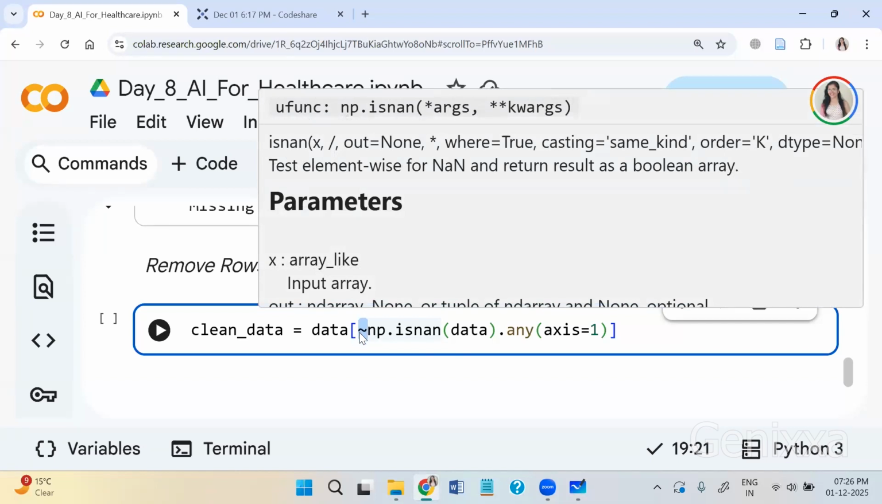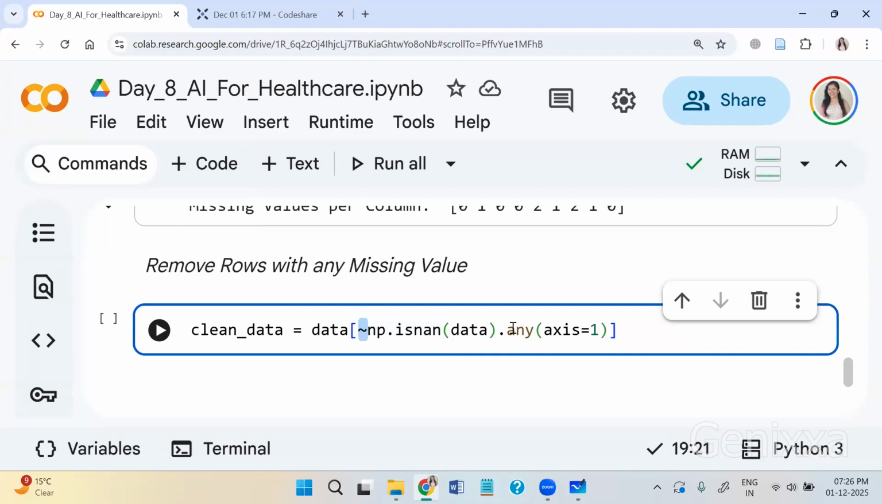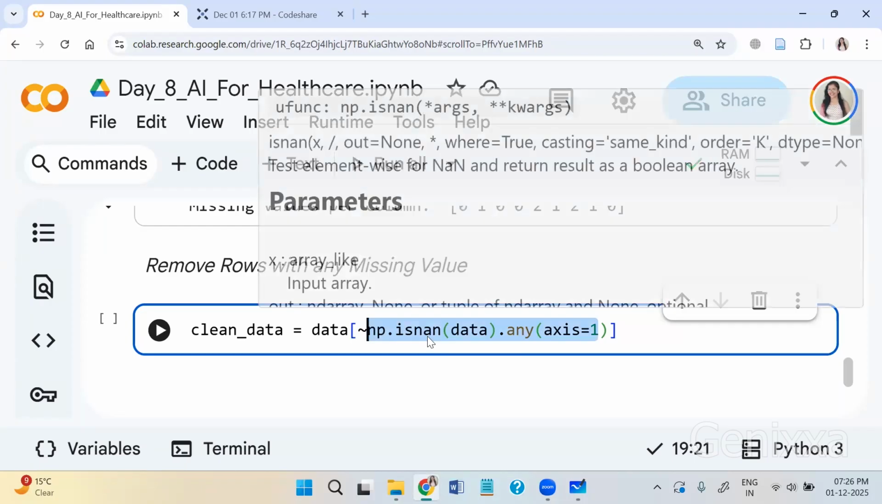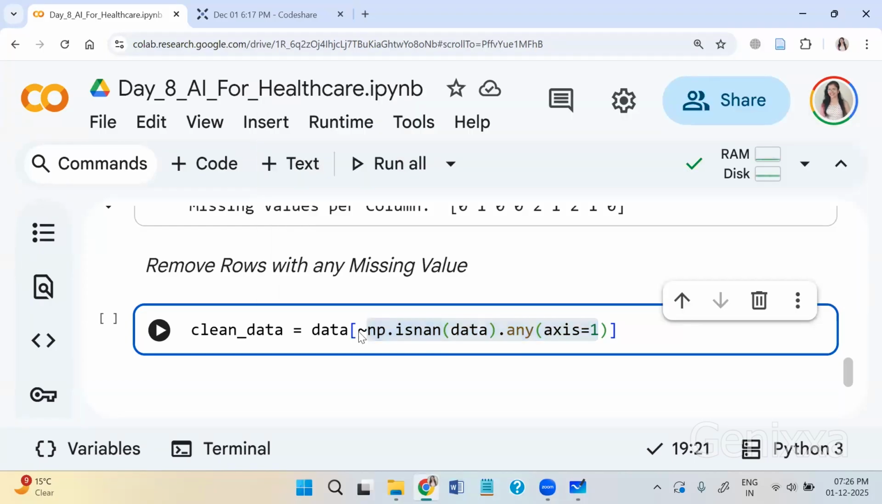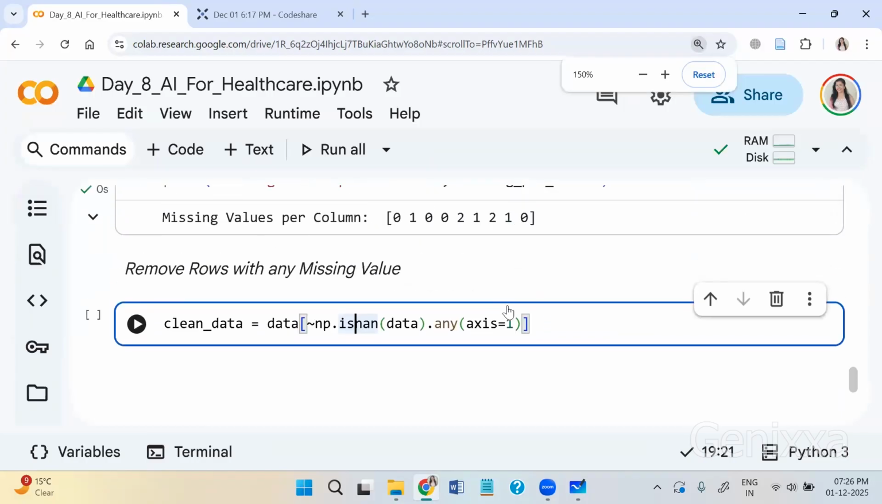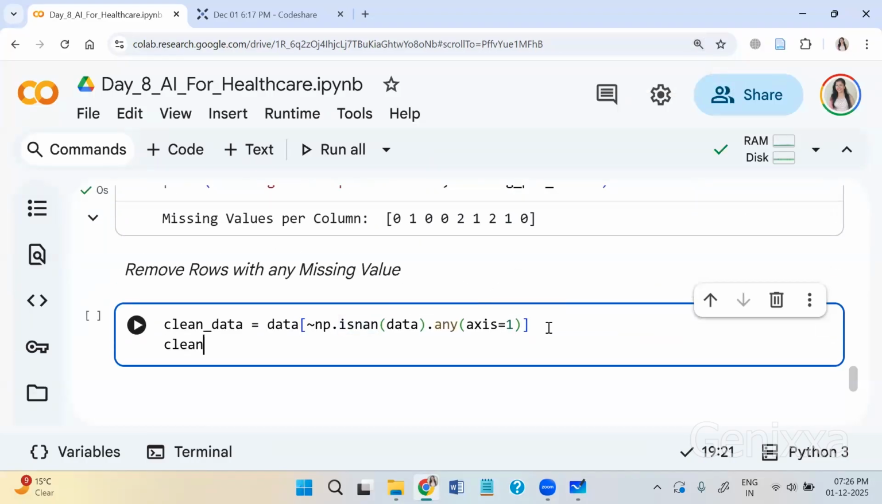If I don't apply this, in that case, it will take all those rows wherever missing data is present and it will skip everything else. Because this filter actually is going to identify those rows only that contain missing values. So if I have to remove them, I need to apply a negation operator in front of it. So if I do this, after that, I'll check my clean data